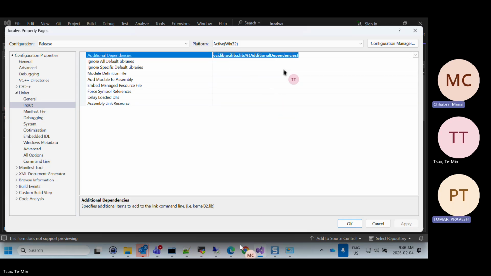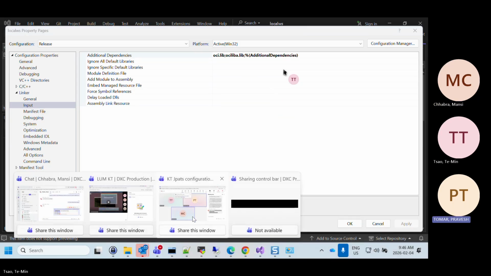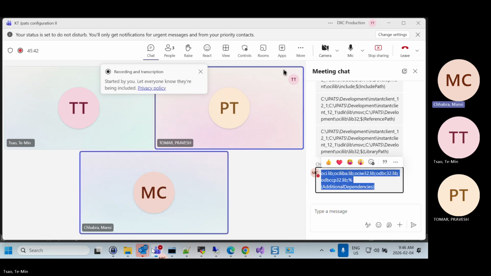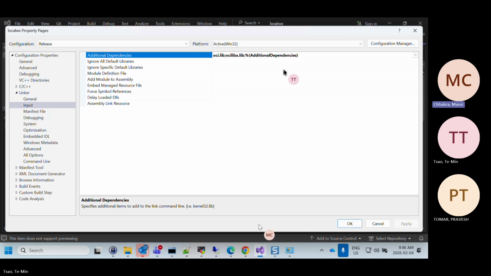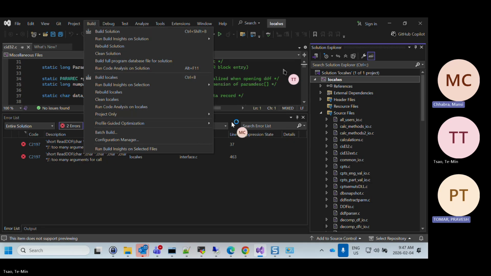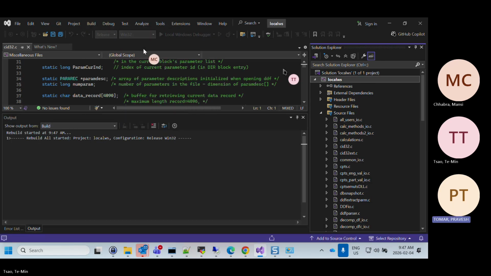Okay, maybe we can complete fully. Nice. And we are compiling with the original code, not modified code. Exactly. Yeah. Right now. Okay. Let's try one more time. Read DDF, read DDF. So it is only in one function. And